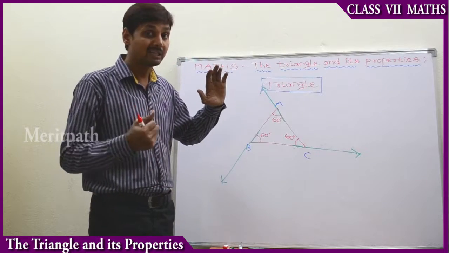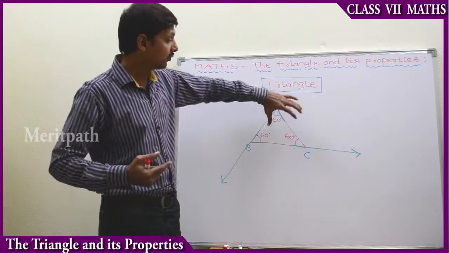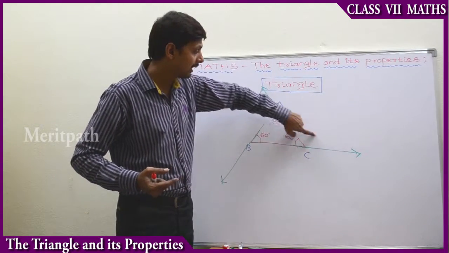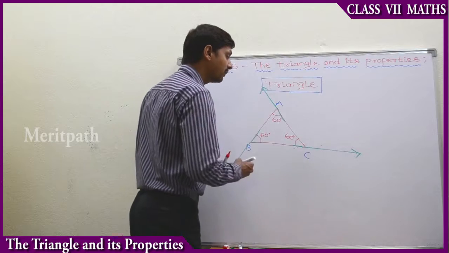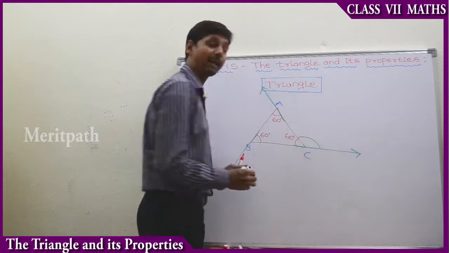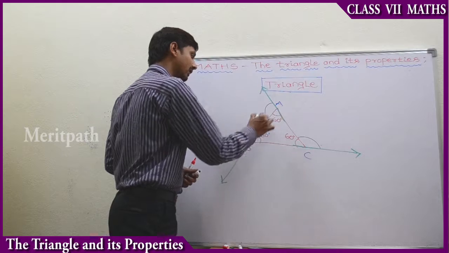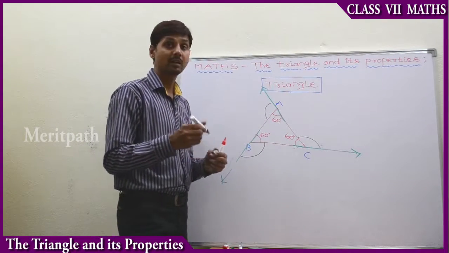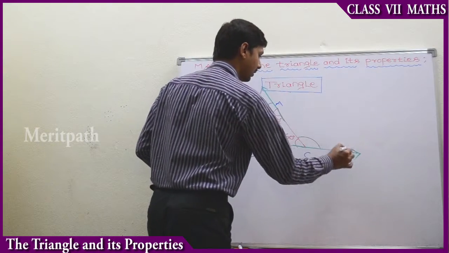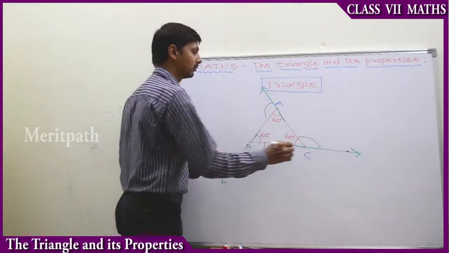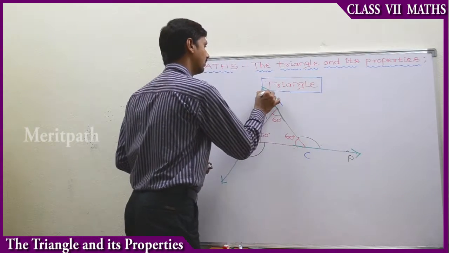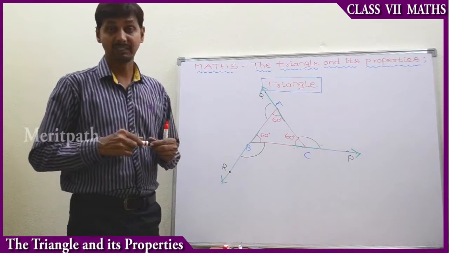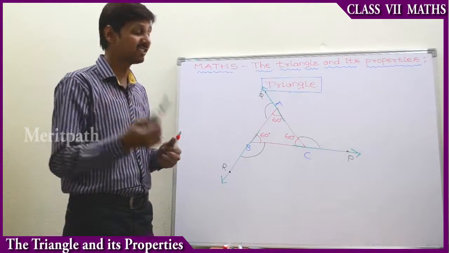To get an exterior angle of a triangle, we have extended the sides of the triangle. So BC is extended, and an exterior angle is formed here. This is an exterior angle of a triangle. This is an exterior angle of a triangle. This is also an exterior angle of a triangle. So let's take some names here at the rays: P, Q, and R. To find these exterior angles,